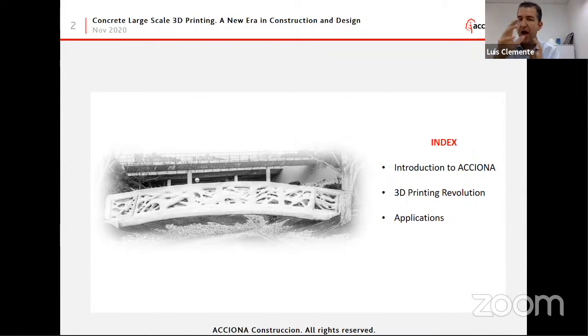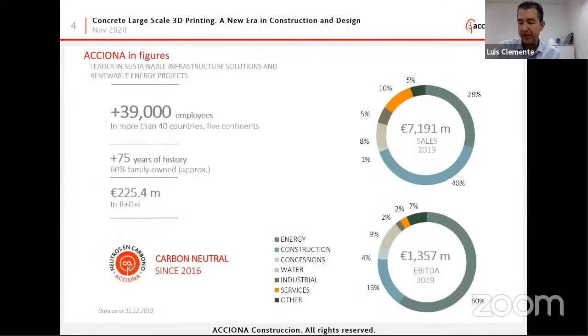a revolution. We will see how it matches, from my point of view, the design world, and we will see some applications so you can have a better idea of what we are talking about. So when it comes to Acciona, Acciona is a Spanish company that works in infrastructure solutions and renewable energies, headquarters in Madrid, almost 40,000 employees, really intensive in R&D, and the